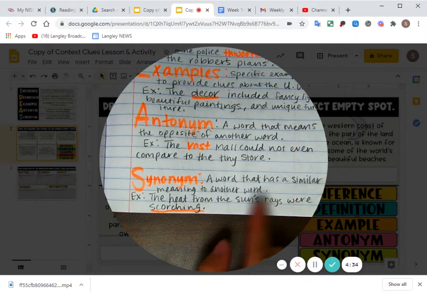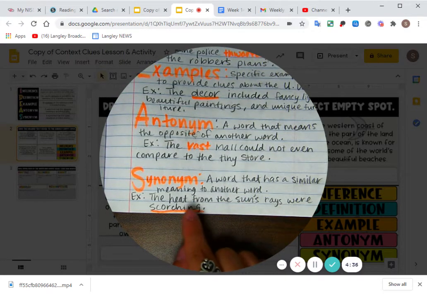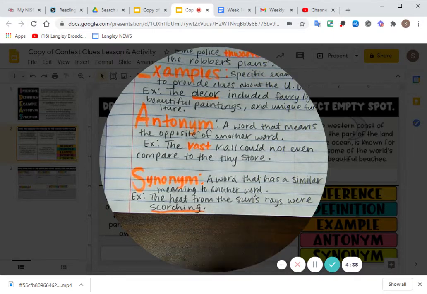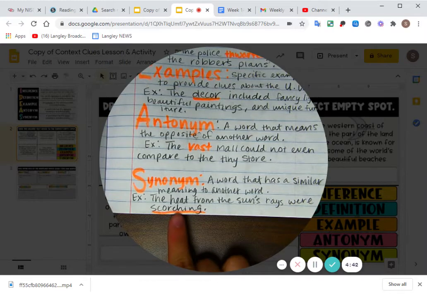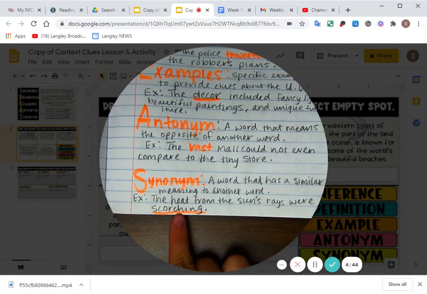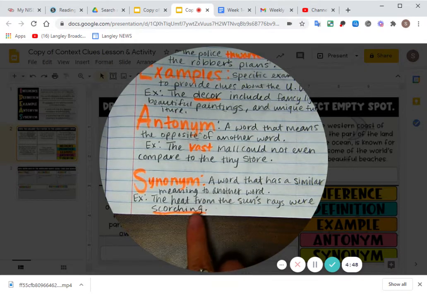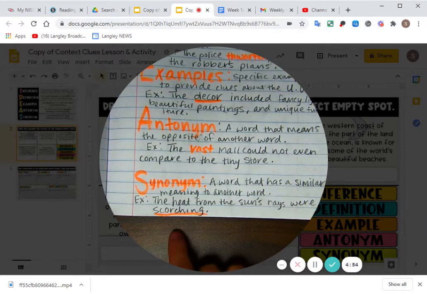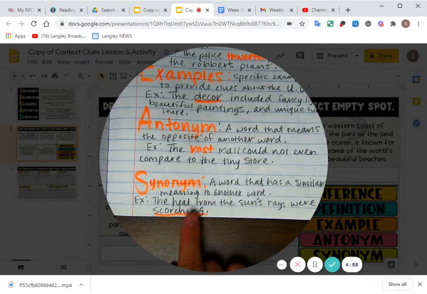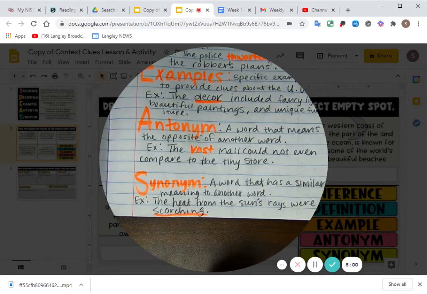The heat from the sun's rays were scorching. So if scorching is our unknown word, what can we use to help us figure out the meaning of the word scorching? You have to look for a word in the sentence that might have a similar meaning to scorching. If you focused on the word heat, you're correct. Heat and scorching have similar meanings. When something is scorching, it means it's very, very hot. It has to do with